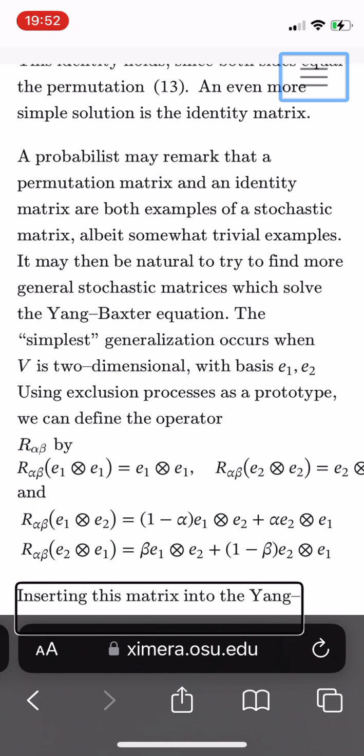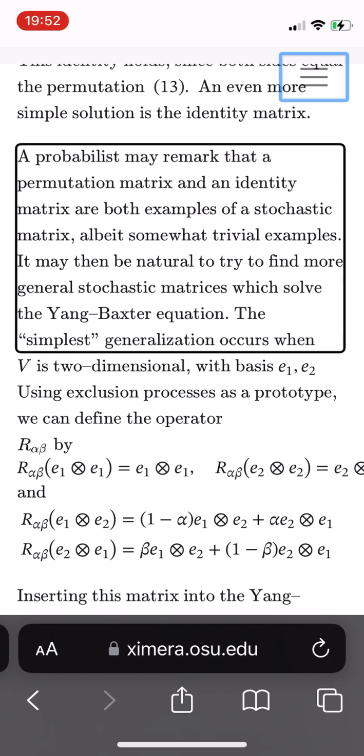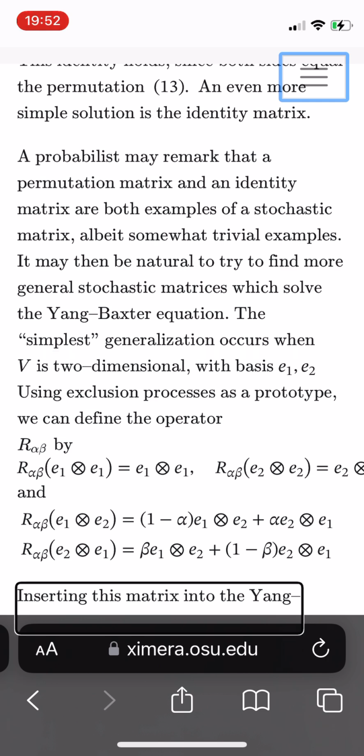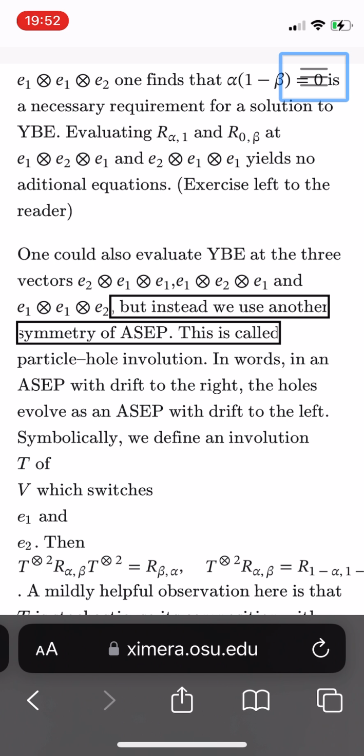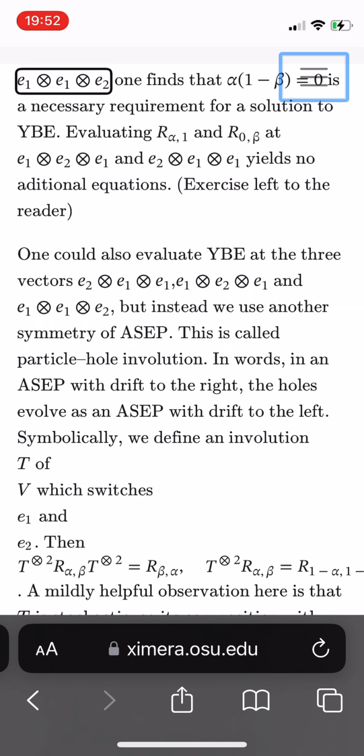Inserting this matrix into the Yang-Baxter equation and evaluating at E_1 ⊗ E_1 ⊗ E_2, one finds that α(1 minus β) equals 0,